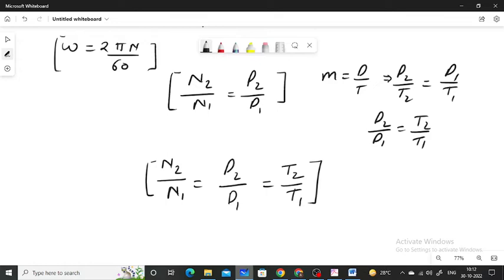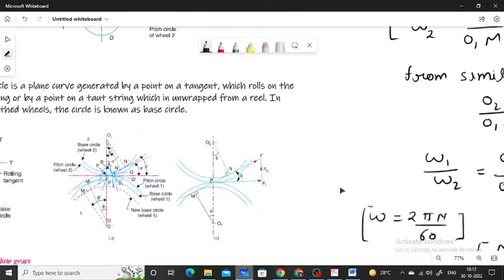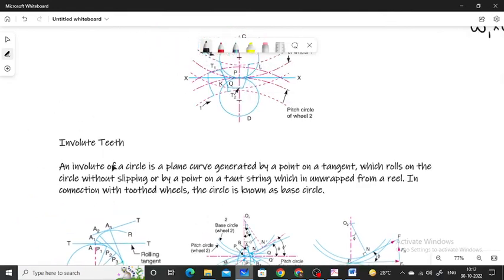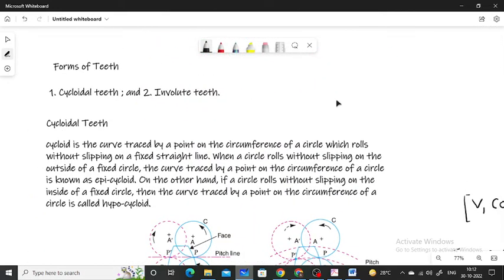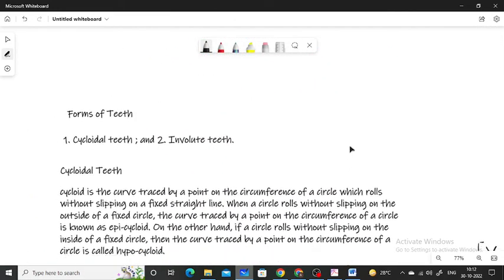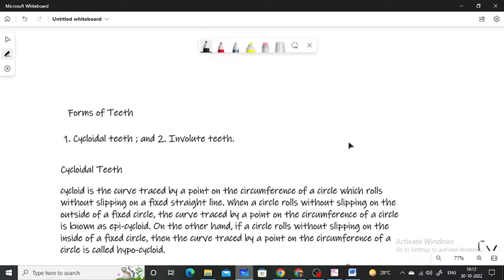Now come to the next topic, forms of teeth. Okay. गियर्स में कितने तरह के टीथ कट्स होते हैं, कर्व कितने तरह से टीथ के कट होते हैं, वो डिस्कस करेंगे अब हम। फॉर्म्स ऑफ टीथ।